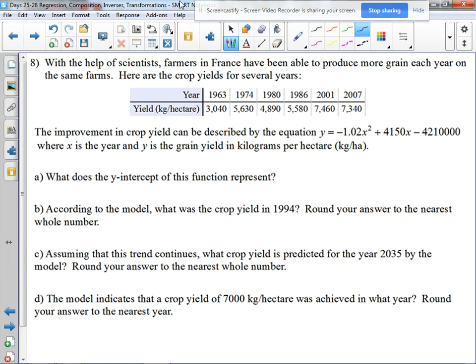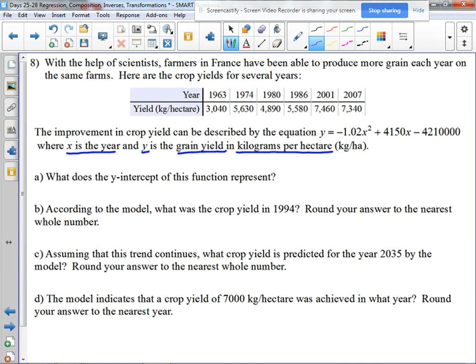kilograms per hectare. Now, it's very important that you read when you're doing problems like these. You need to know what the variables stand for. So I highly encourage you to underline or whatever you need to do. So I would underline that x is the year, y is the grain yield in kilograms per hectare. You need to make sure, and the reason why I want you to do that is because sometimes they will change the units. So you got to make sure that you're using the correct units when you plug things into